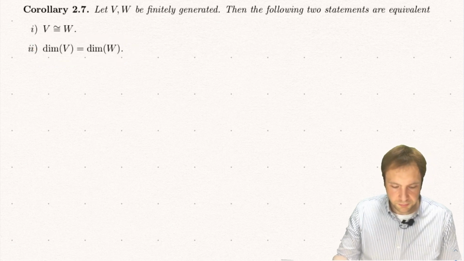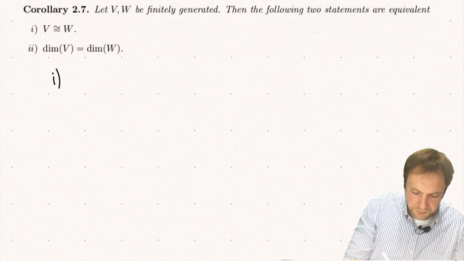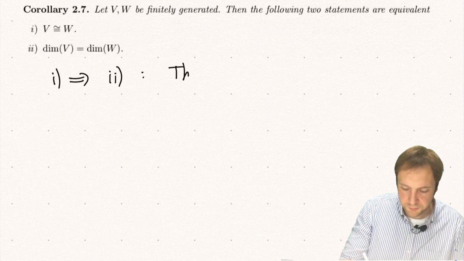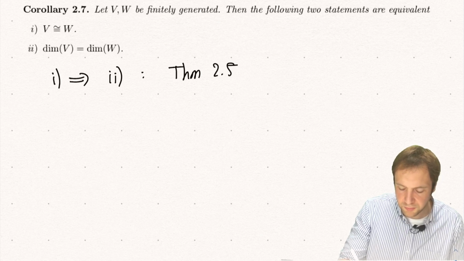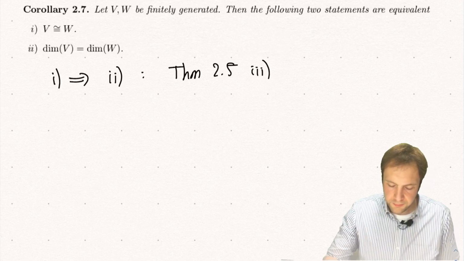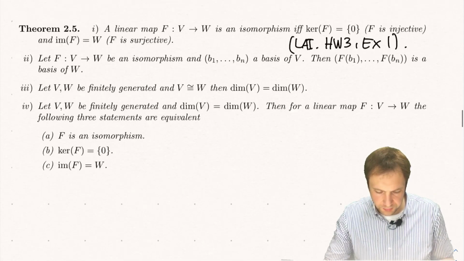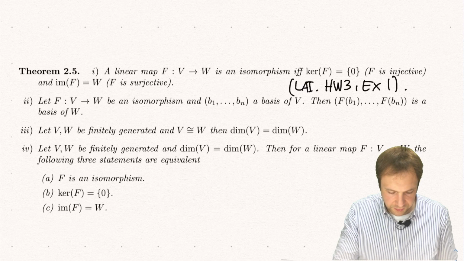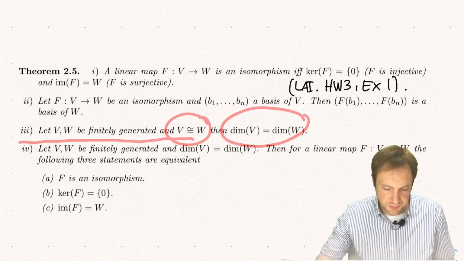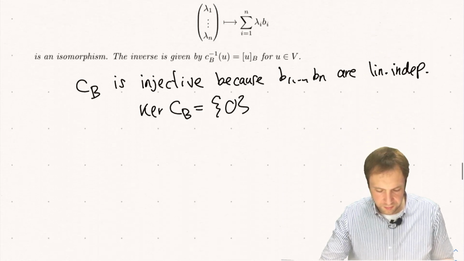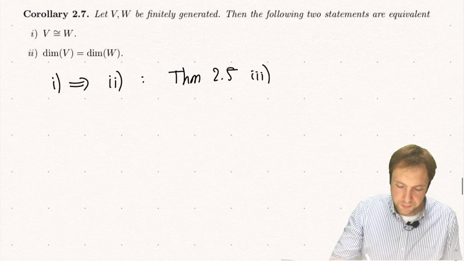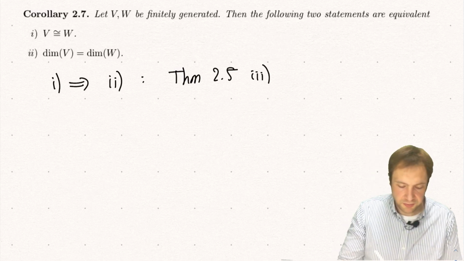And so the first to the second, this we already saw before. This was theorem 2.5 and number 3. Here's this one. If they are isomorphic, then they have the same dimension. But also the other way works. So if they have the same dimension,